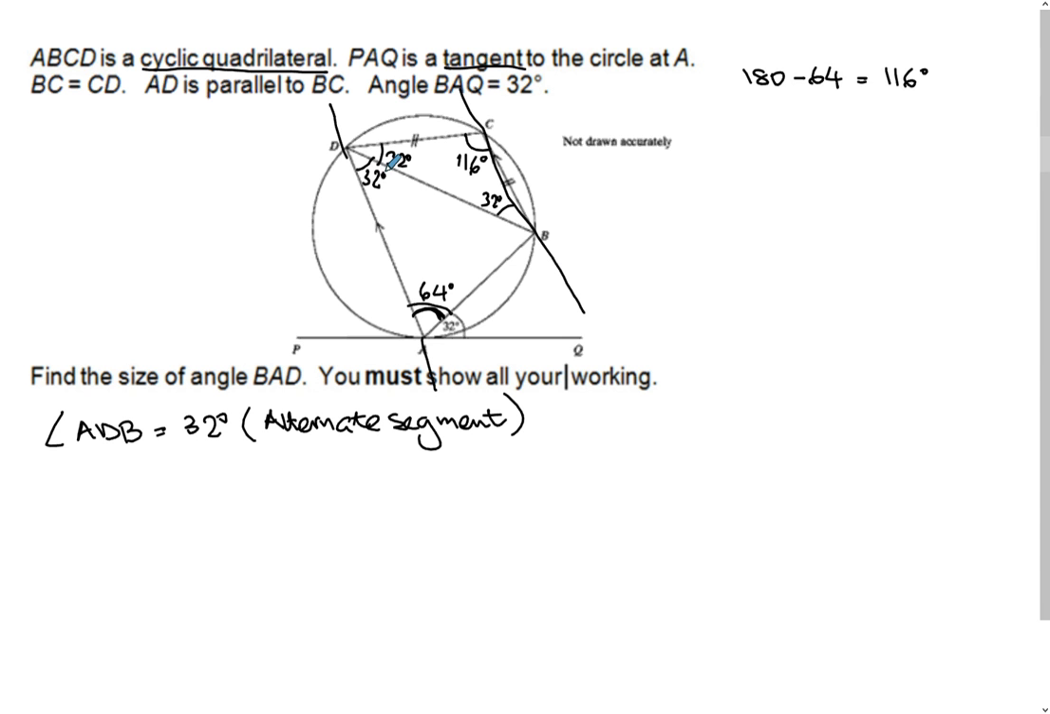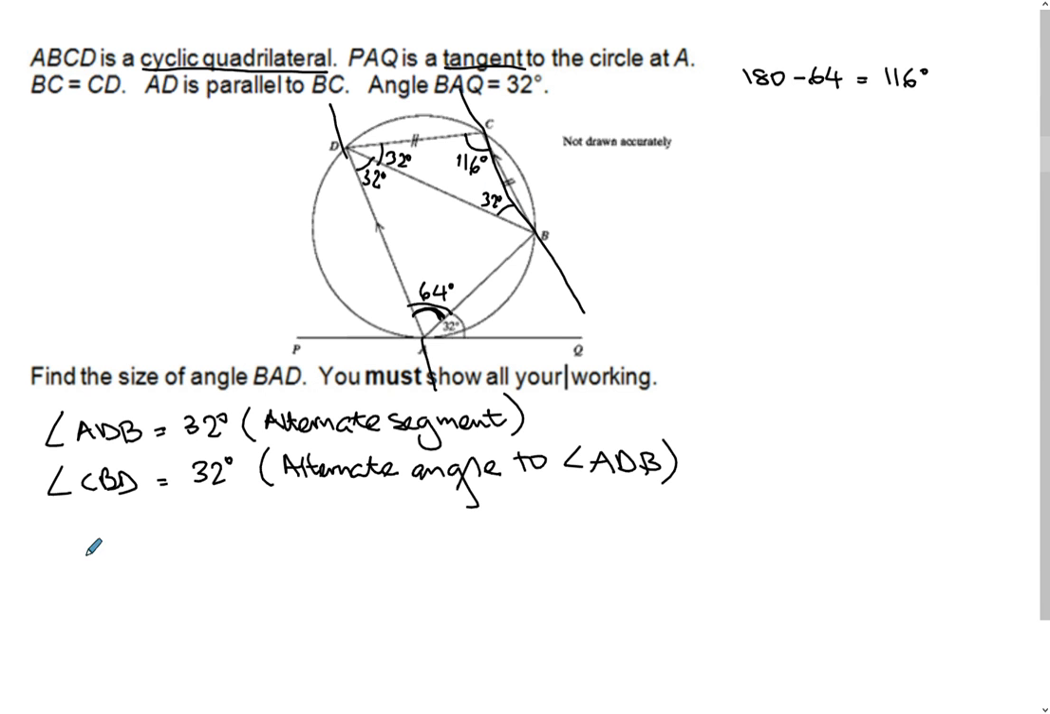Okay, so let's continue. So we found that angle there. And so we say angle CBD is also 32, and we go alternate angle to angle ADB. And so we found that, and then we go angle BCD equals 116, and then we go triangle BCD is isosceles,